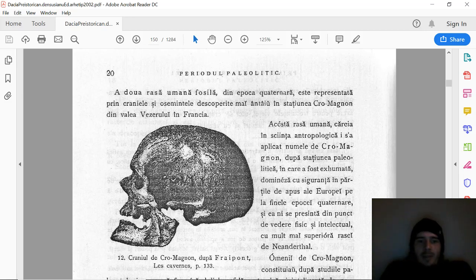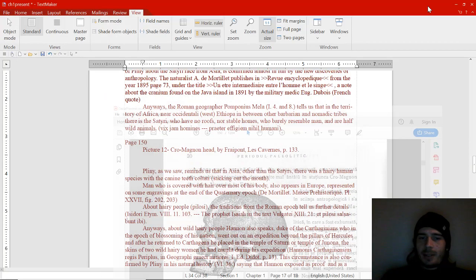Oh, there we go. Cro-Magnon skull, after Fred Pont, Les Caverns, page 133. Clearly, it's different from Neanderthal, but it's also different from us. To continue,